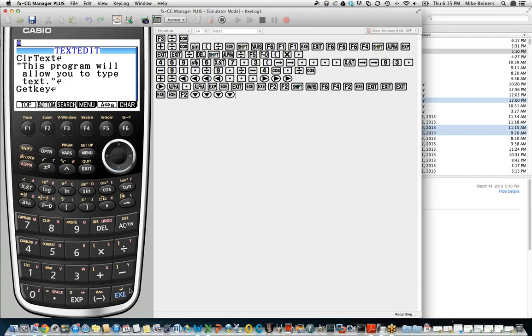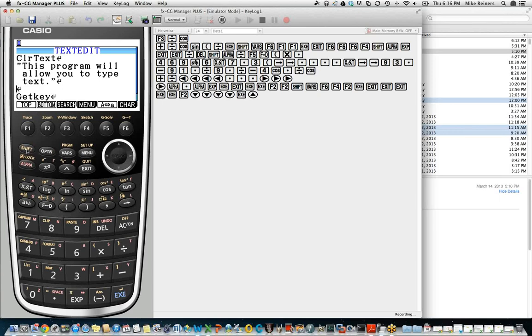So let's go down to our GetKey command, and we'll press the execute key to move GetKey down to the next line. And then on the line immediately above it, we're going to create a While loop. If you've done any programming at all in any environment, you should be familiar with While loops. While loops continue to run while a certain condition is true, and then the loop spits you out once that condition stops being true. So it's a great way in a program of waiting and watching for something to happen, and then when that thing happens, to move you on in the program.